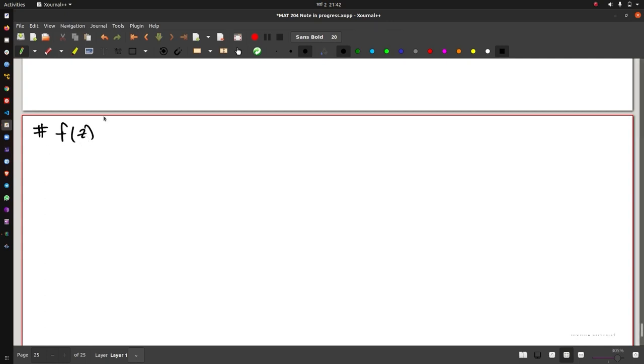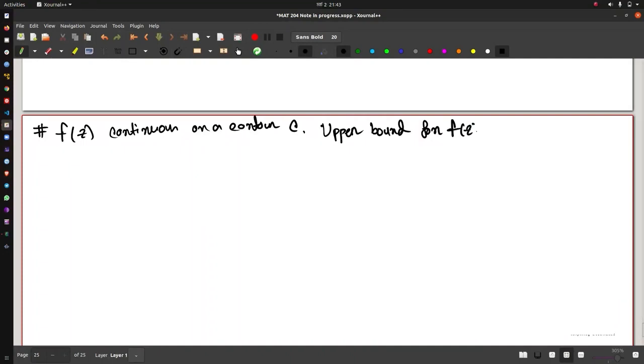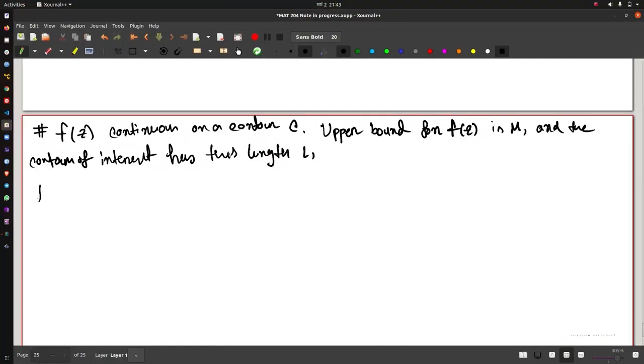Let's say this f of z, our function, is continuous on a contour C. Then we also have another condition. Let's say our upper bound for f of z in some domain is M, and the contour that we are interested in has some length L. Then the modulus of this integral